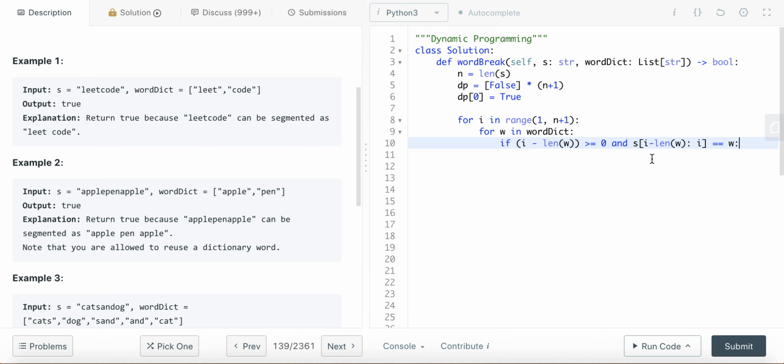We indicate that we can find a breakdown for this one. So basically, this segment of the string equals the word in the word dictionary. So in that case, we just update dp[i], let's say that equals dp[i minus length of W]. And then if we already find